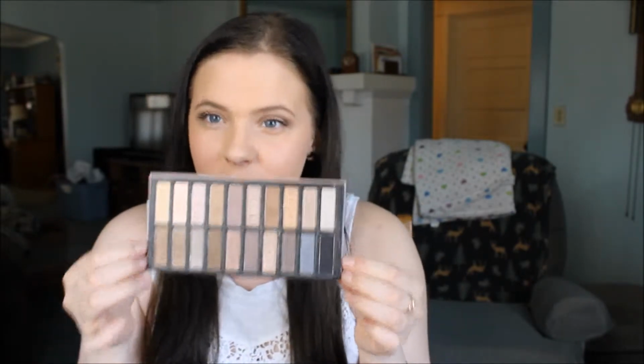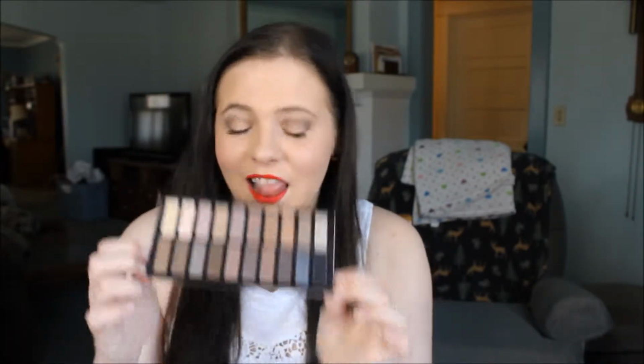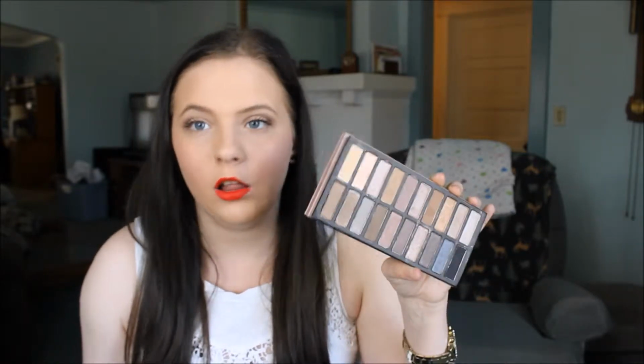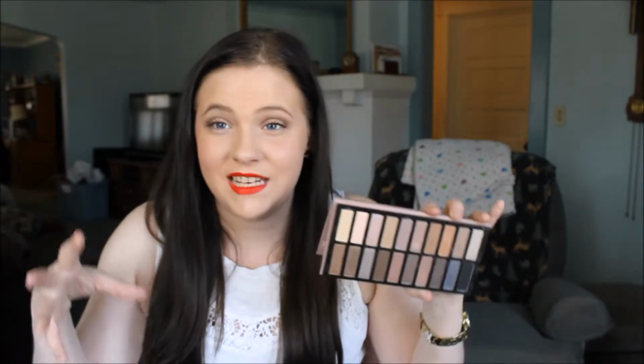20 eyeshadows. They're all neutrals, and they're a mix between matte and shimmery shades. Basically, you're kind of set. You've got light shades, you've got bronzy shades, you've got gold shades, you've got dark chocolate brown shades, you've got dark pewtery colors, you've got a black, you've got all of that wrapped in. You have some light champagne-y colors, a light matte yellow shade. So basically this one is kind of like the Urban Decay 1 and the Urban Decay 2 mixed together, and